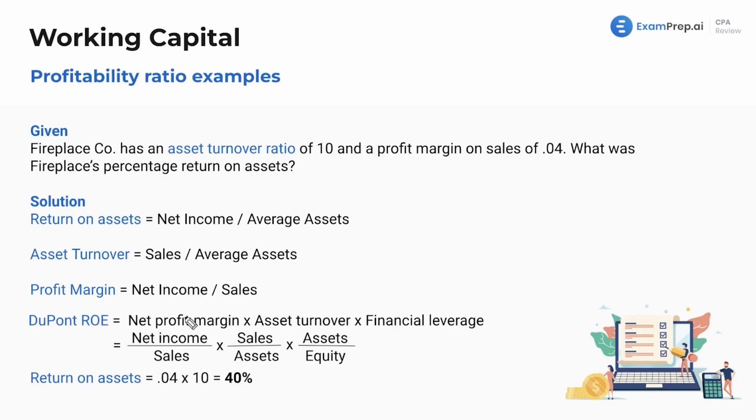So we have 0.04, which is the net profit margin, times the asset turnover ratio. And why do we just multiply these two together to get our answer? Well, because what we're doing in essence is this financial leverage, you could say it's 1. So cross this out. But we're really just taking these two components of the DuPont ROE, and because of cross